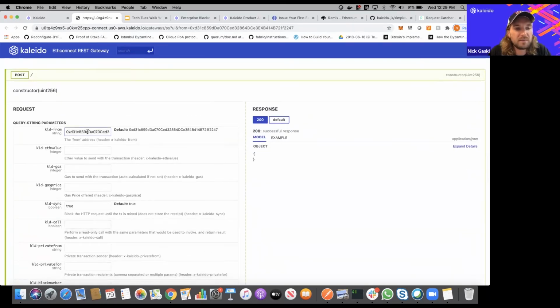So the KLD from parameter is where you enumerate what account you want to sign the transaction with. It's going to default to the single Ethereum account that you get for free on your node. You can, of course, create multiple Ethereum accounts on the node, but this will also work with, as I mentioned, a managed wallet, whether it's an HD wallet or a Kaleido wallet, or it'll also work with a cloud HSM. So any account, essentially, that Kaleido knows about that's been created on the Kaleido server side, you can enumerate any